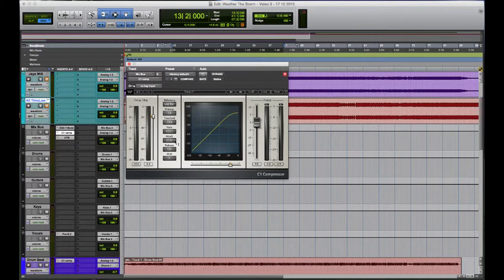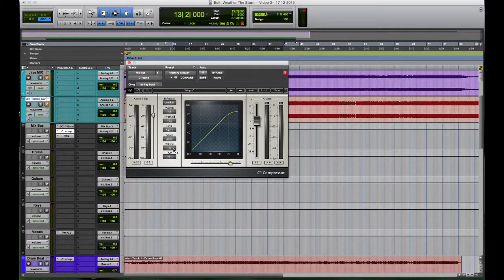So when that comes in, you still get the full impact of the transient at the start of the kick and the snare. It really comes in after that's ducked down, and I've set the release slow enough so that it pulls away and then gets back to where it was just before the next hit. And this creates that real